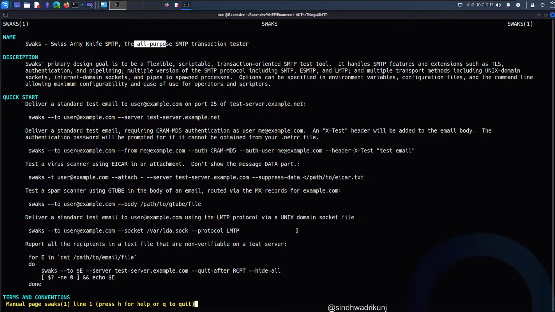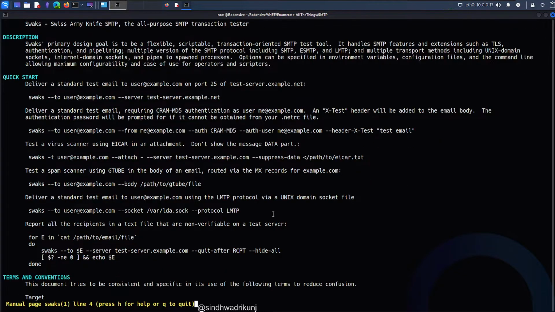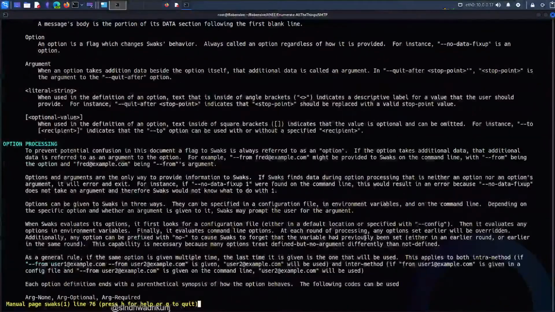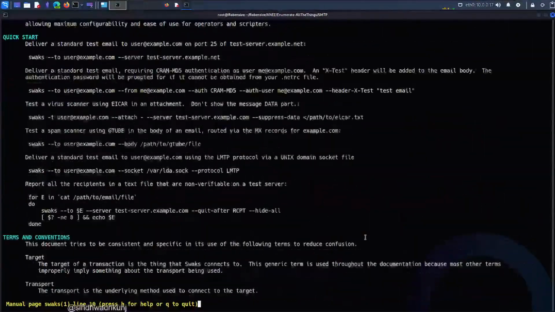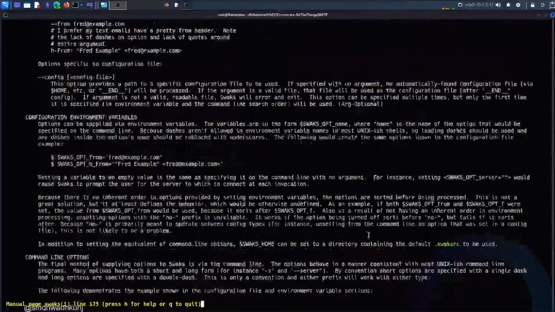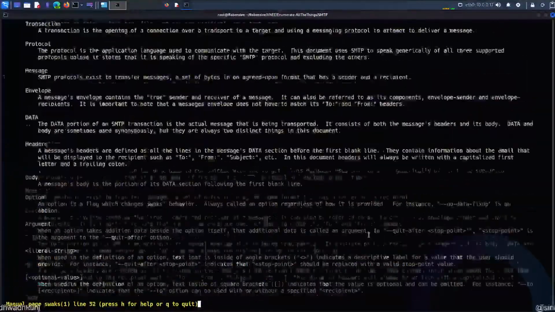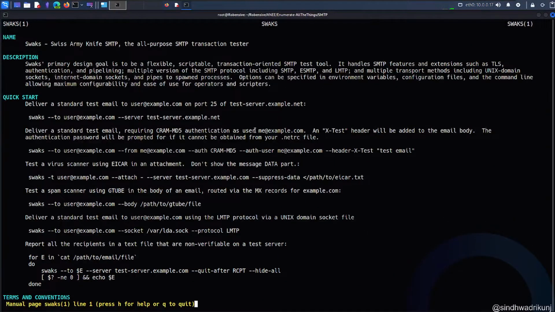It creates crafted emails with different headers and whatever you really wish to add into your mail header, body, and whatnot. So let's see it in action. Because it has massive documentation doesn't mean it's difficult to use. It's pretty much easy. You just need a few commands to start with. Of course, to master it will require some extra things, but we're not going to master it at this point. We're just going to understand this tool named